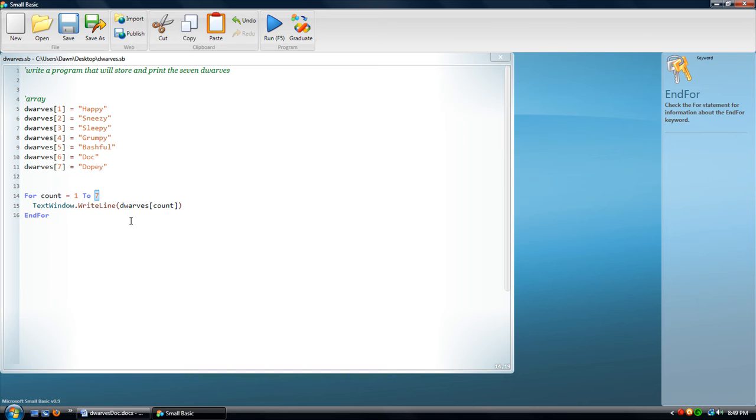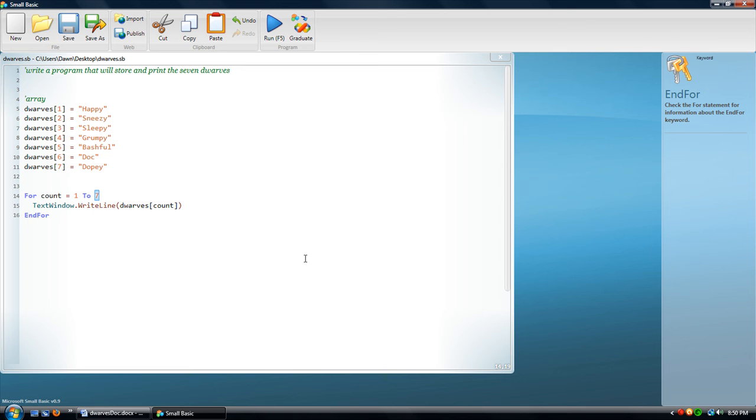And yes, there are always going to be 7 dwarfs, but what if this was a list of students in a class, and it was the first week of the semester, and we're still getting new students registering at the last minute, or some students are dropping and leaving the class. So the size of the list is always going to be in flux. So sometimes it's a good idea not to hard code the size, the max size of the array per se,